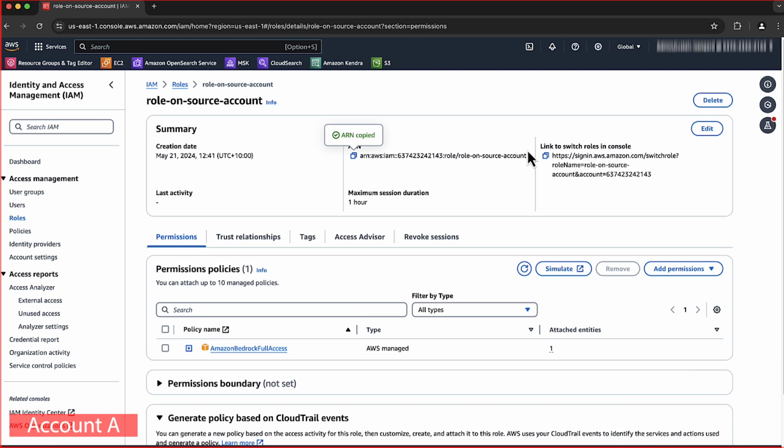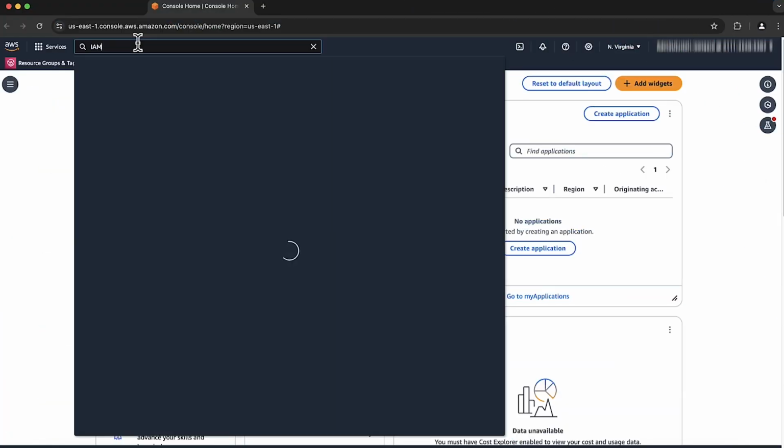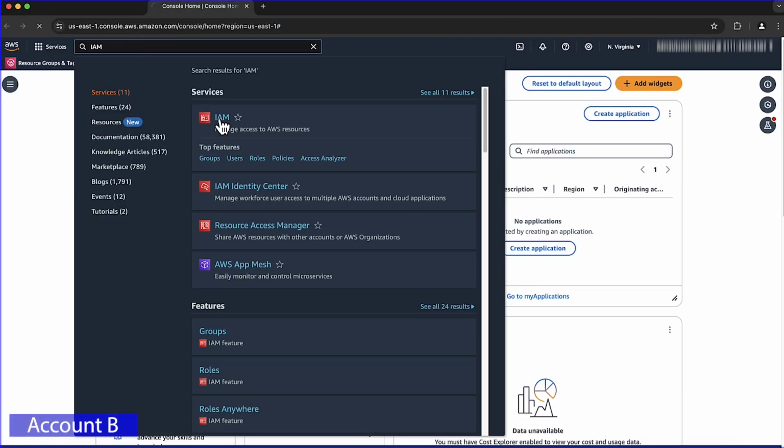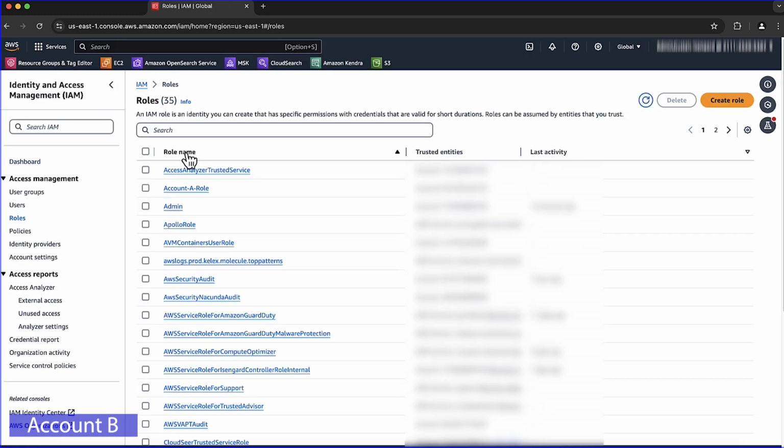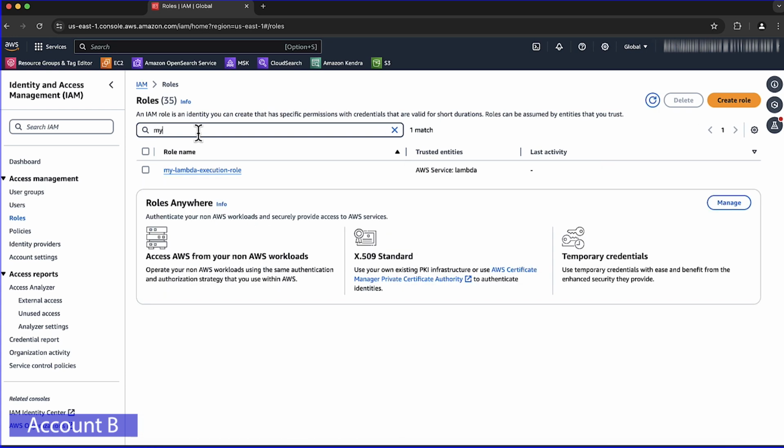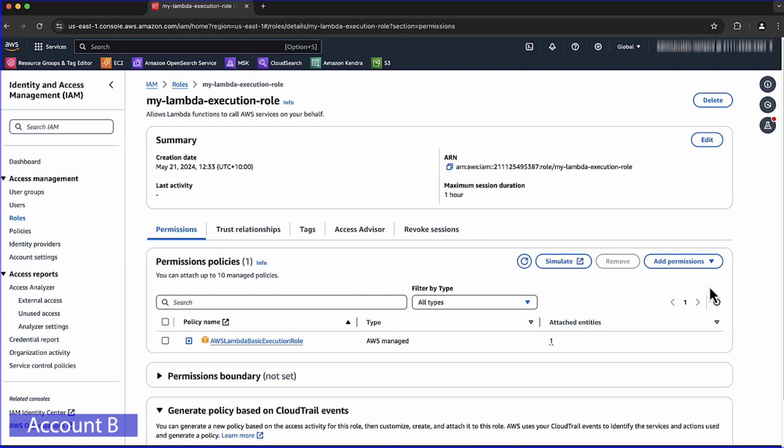But in cross-account scenarios, we must provide access for both accounts. So switch to account B, log into the AWS Management Console, and choose IAM. Choose Roles, and search for the Lambda execution role that we created earlier with the name my-lambda-execution-role. Choose Add Permissions, choose Create Inline Policy,